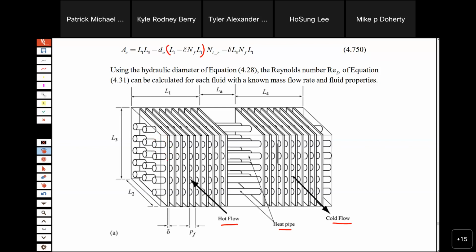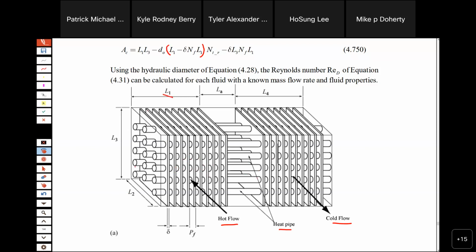So as long as we can figure out how to handle the fin, otherwise we can handle this. Heat transfer coefficient, friction factor, and the heat pipe, hot and cold fluid, and dimensions given,